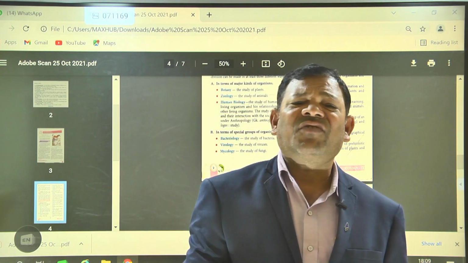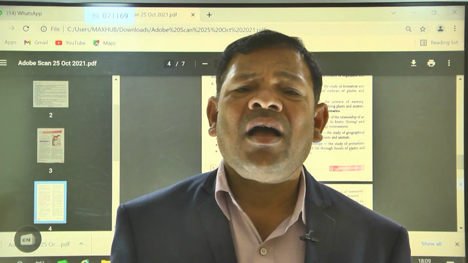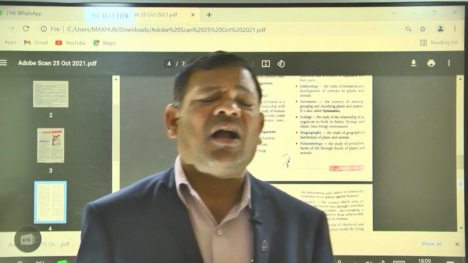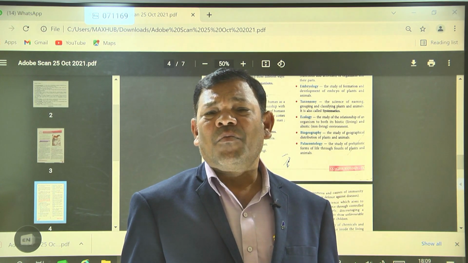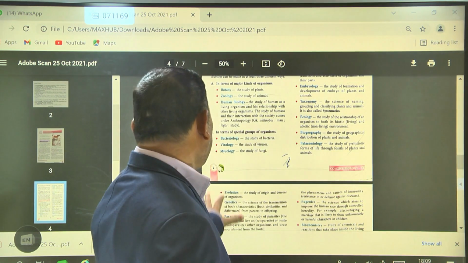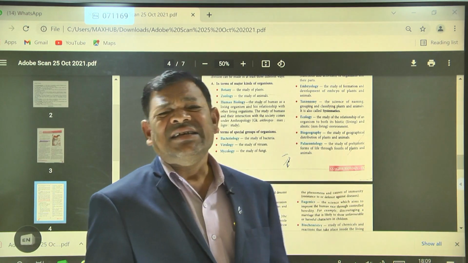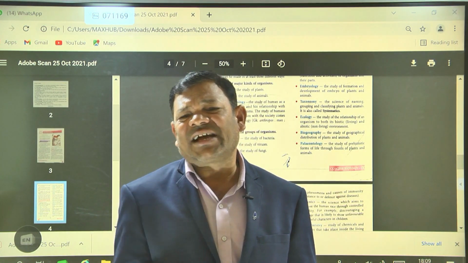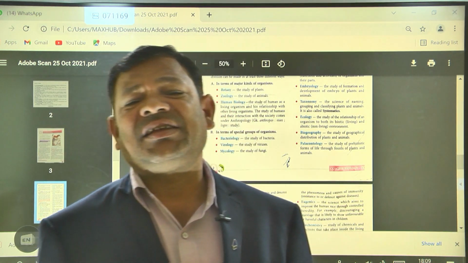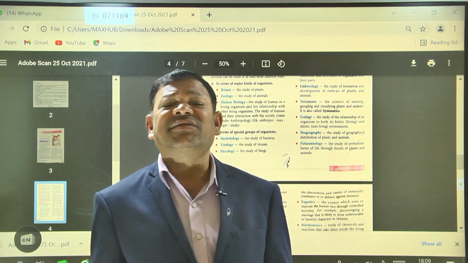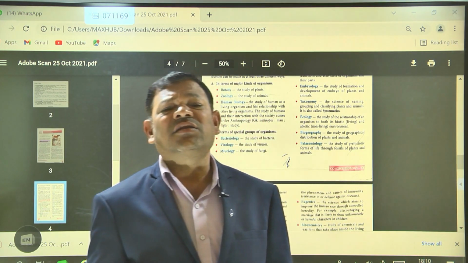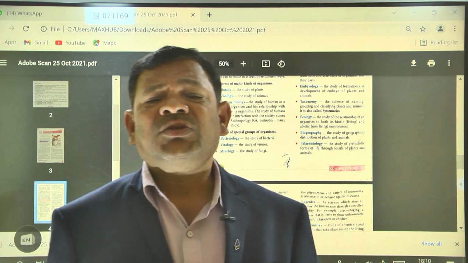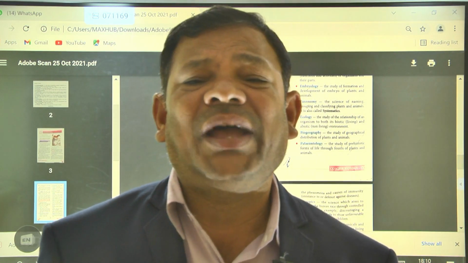These 5 groups belong to microorganisms. The study of microorganisms is called microbiology. Here, as you know, some bacteria are useful and some are harmful. Harmful bacteria cause diseases in plants and animals. Useful bacteria are also useful to plants and animals. Can you give examples of useful bacteria?